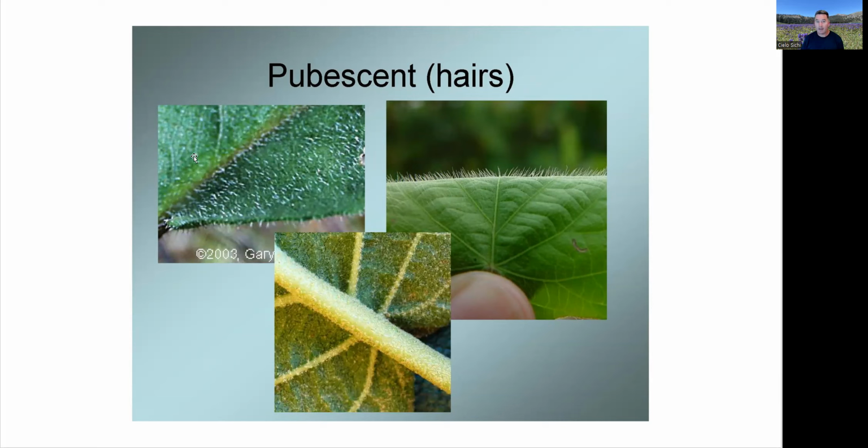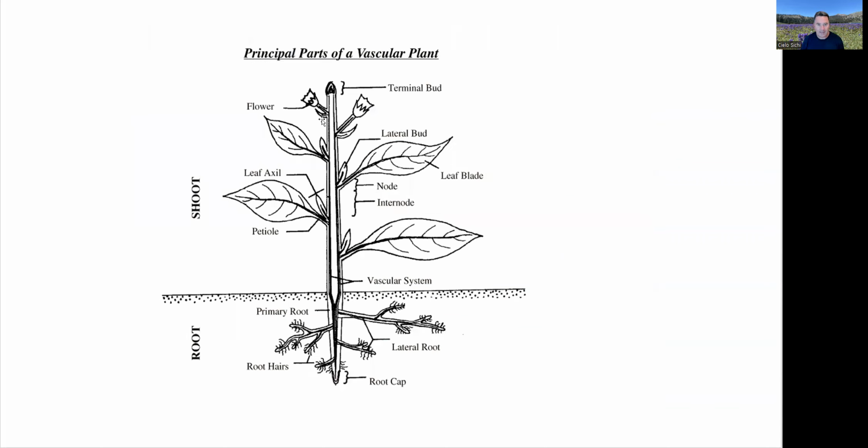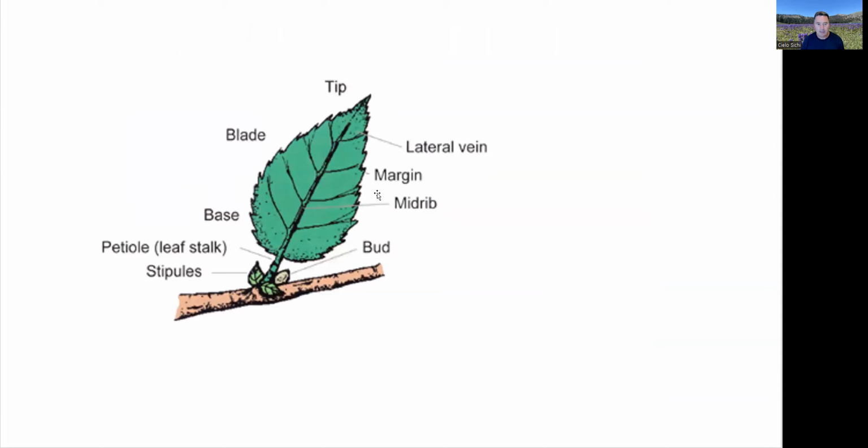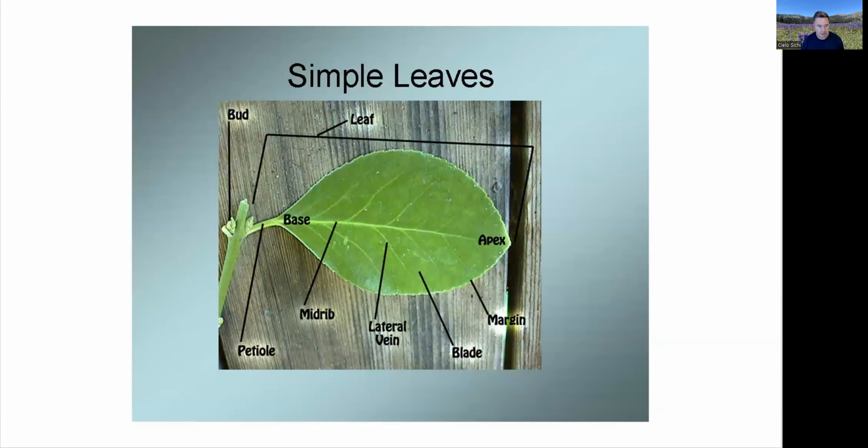Okay, so that being said, that takes us through leaves, leaf parts at a pretty high level. Okay, of course, there's always micro levels that go deeper and deeper, and that we can identify what kind of pubescence it is. There's all sorts of different types of pubescence, but key pieces here are basic plant parts, leaf parts, and identifying characteristics,